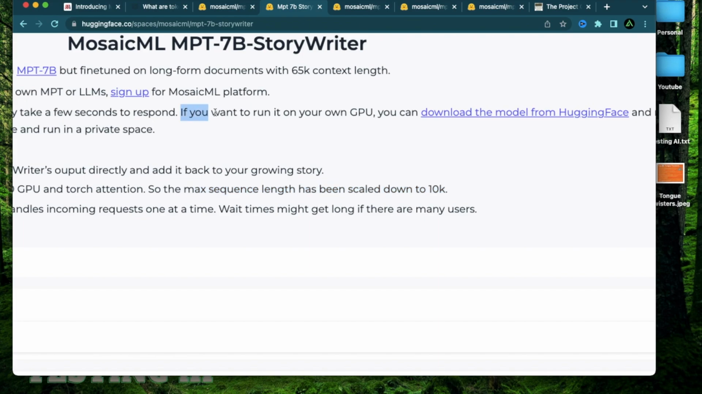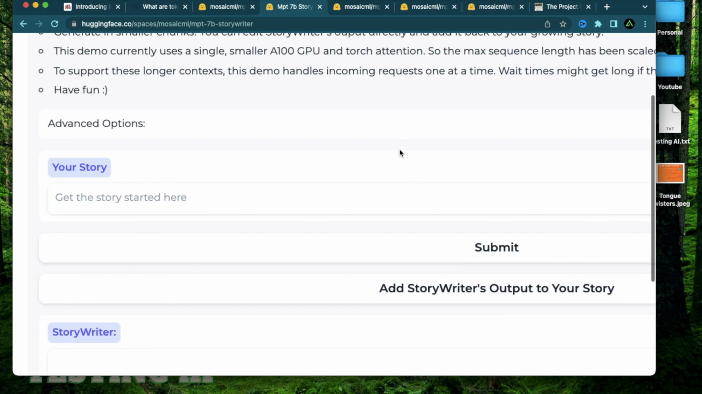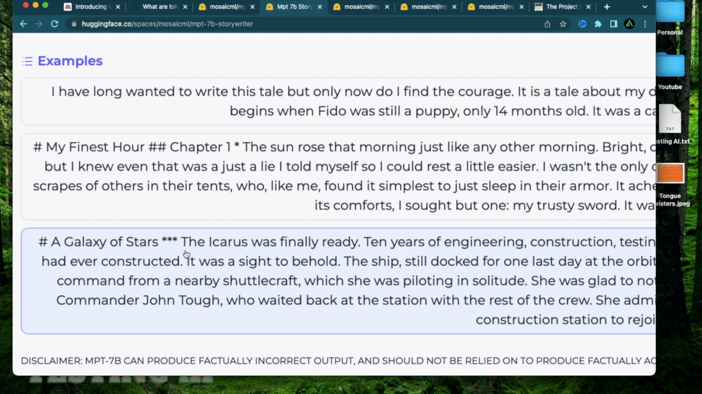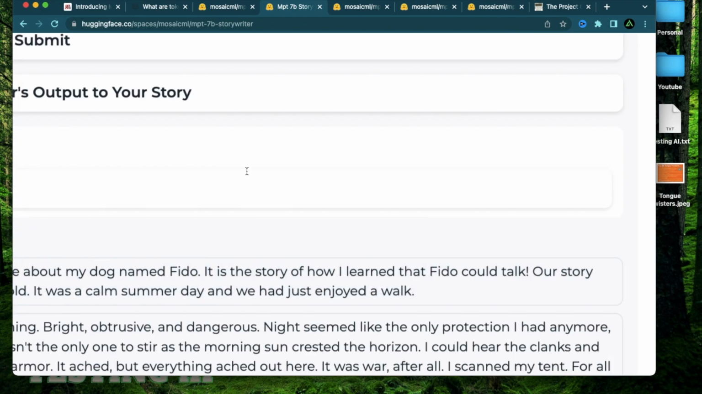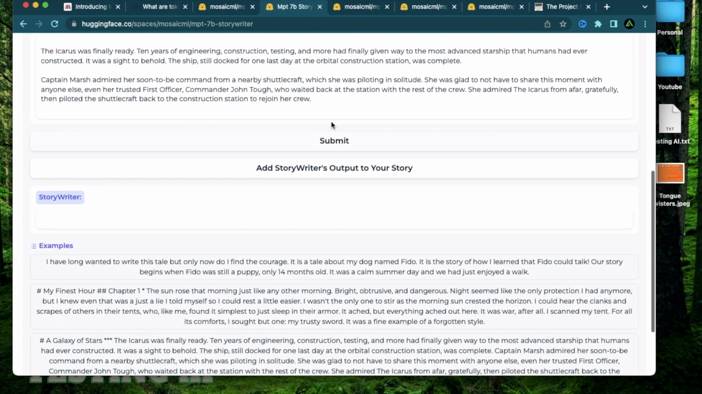Of course, if you do want to run it on your own GPU, you can download the model from Hugging Face, or you can duplicate the space and skip the queue and run it in a private space, but that's going to cost you some money. Now, to test this out, I'm just going to use one of the examples they have provided here, and let me just click this. And it seems to have copied itself on this section,